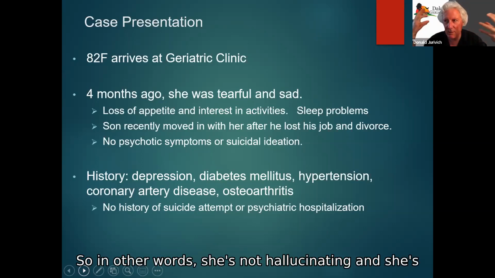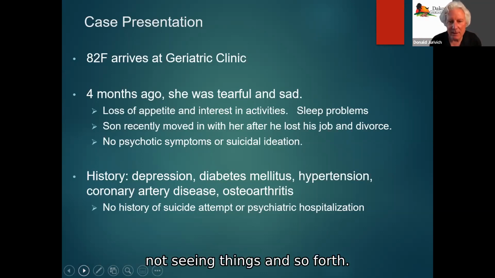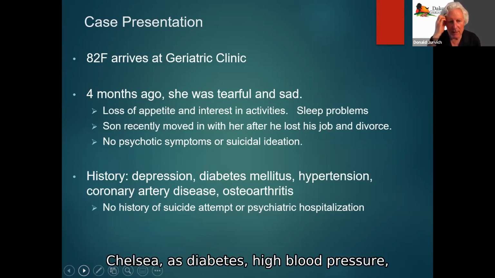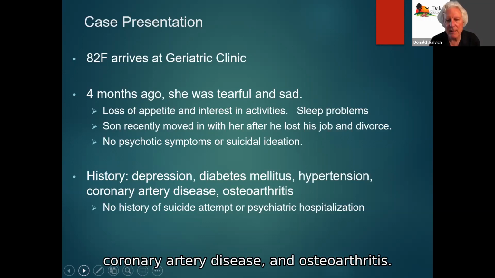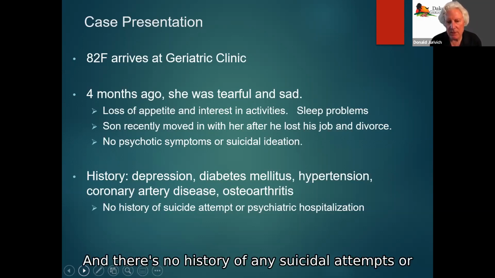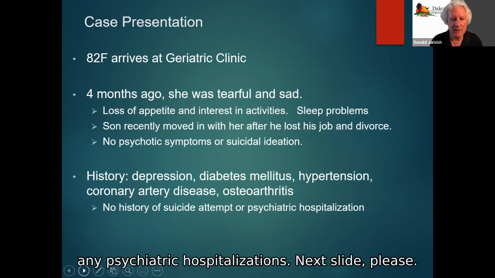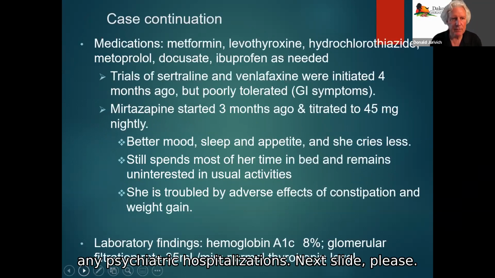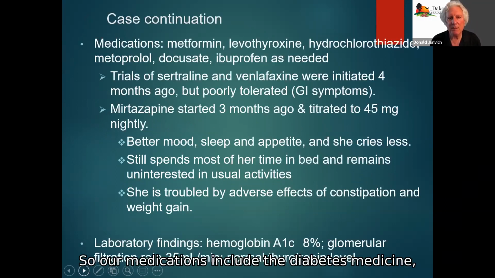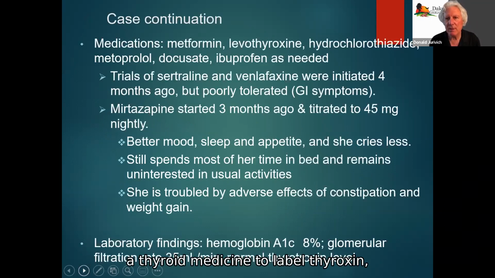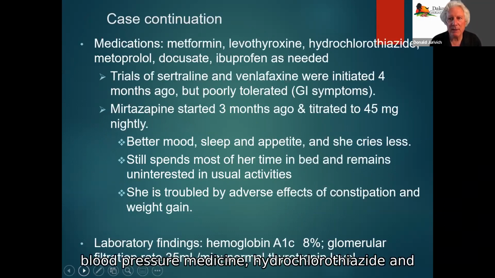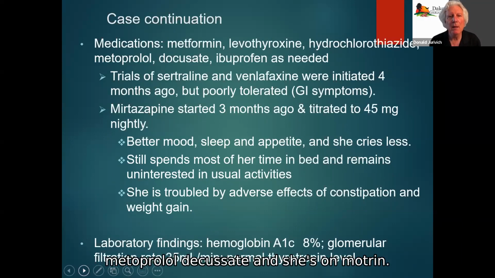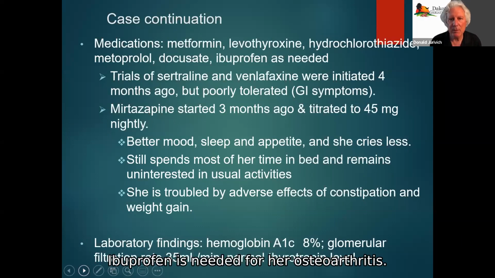So in other words, she's not hallucinating, she's not seeing things and so forth. She has a history of depression. She also has diabetes, high blood pressure, coronary artery disease, and osteoarthritis. And there's no history of any suicidal attempts or any psychiatric hospitalizations. Next slide, please. So her medications include the diabetes medicine metformin. She's on a thyroid medicine, levothyroxine, blood pressure medicine, hydrochlorothiazide, and metoprolol, docusate, and she's on Motrin, ibuprofen as needed